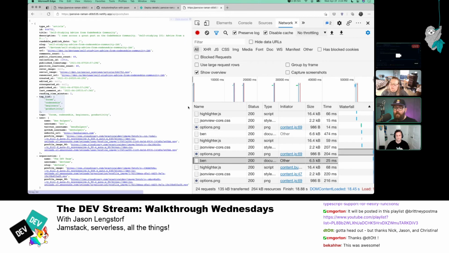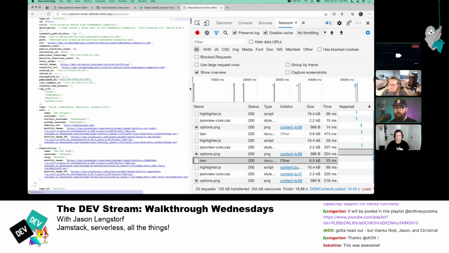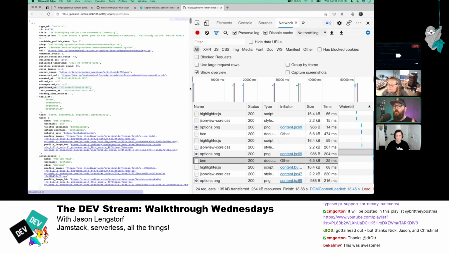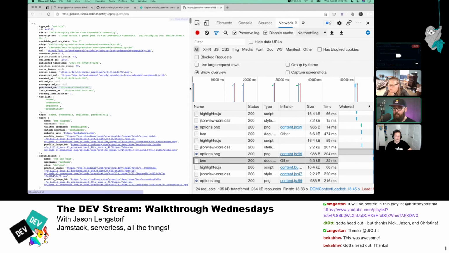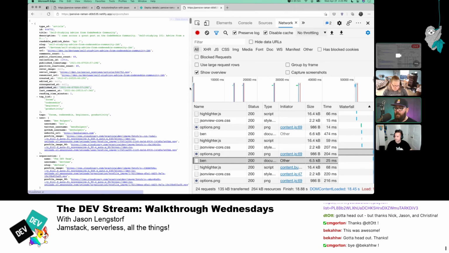So this is a really, really powerful model that is going to give you a lot of flexibility. It means you're not going to rate limit against an API. If somebody hits your API over and over and over again, they'll only hit the API itself once. They would have to change their URLs to get additional API hits, which, okay, people can do that. People are jerks. And if they want to try that, they will. But in general, it gives you a huge amount of flexibility and power here.